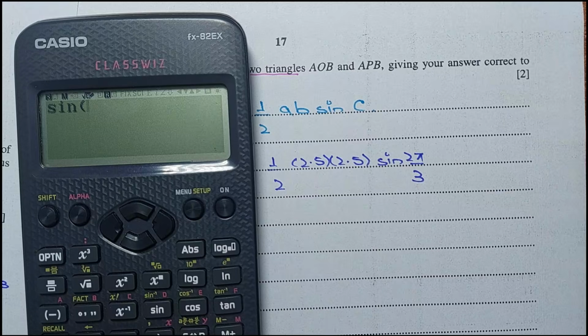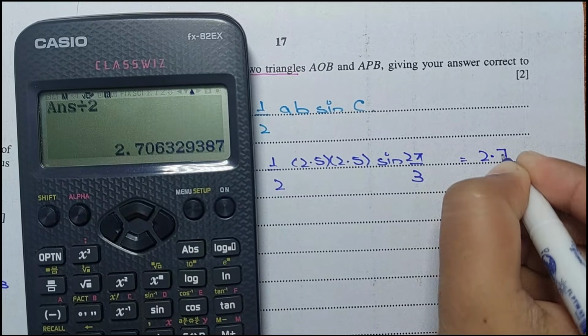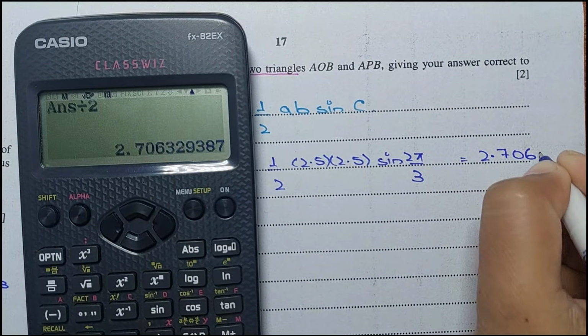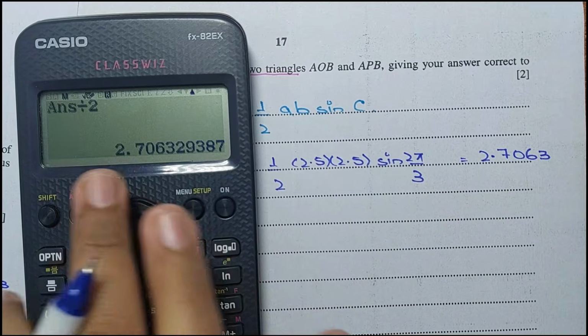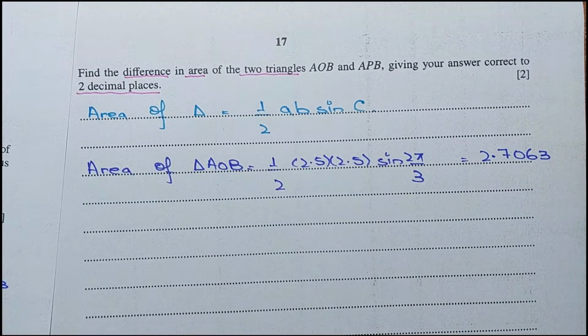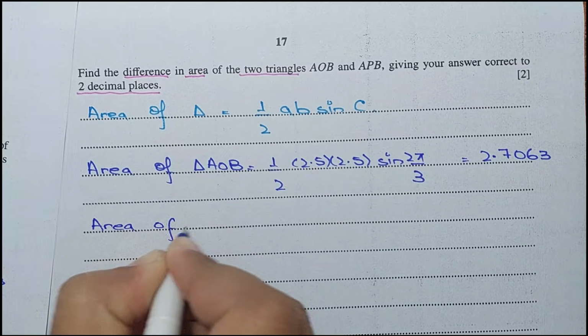Sine 2π/3 multiply 2.5 multiply 2.5 and divided by 2. That answer is 2.7063, up to four decimal places, right? Okay, now figure out the area of the other triangle. Area of triangle